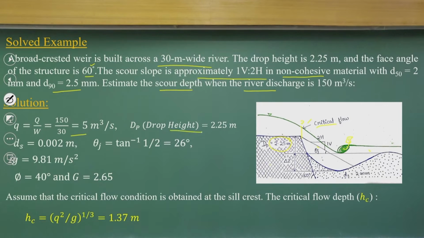We have the drop height, ds is given to us, and theta z we compute as the impinging angle. We have a phi value of 40 degrees, and we have a G equal to 2.65, and we first try to compute the critical depth. That is what we discussed earlier, how to estimate the critical flow